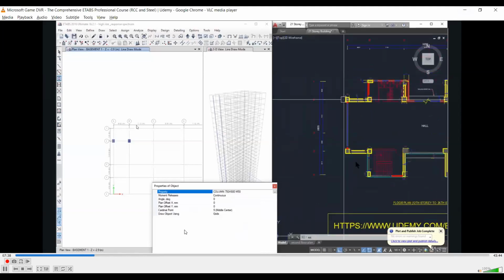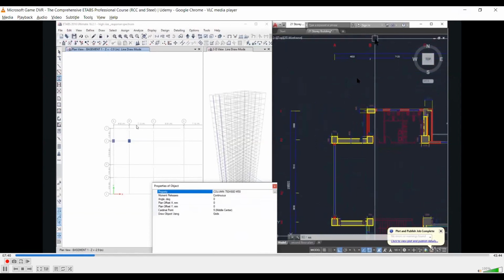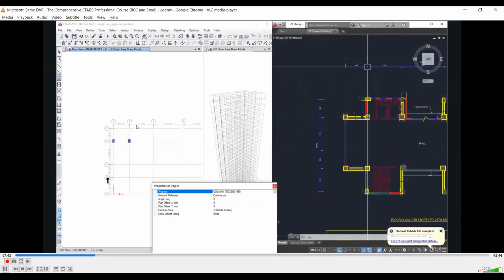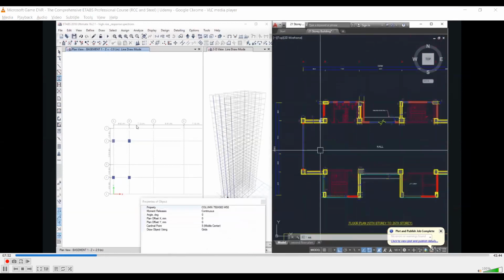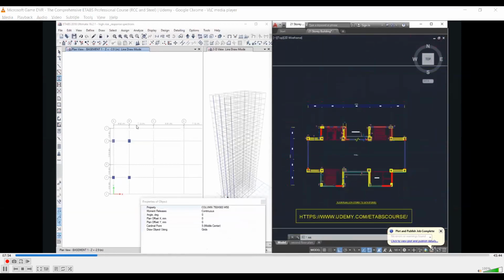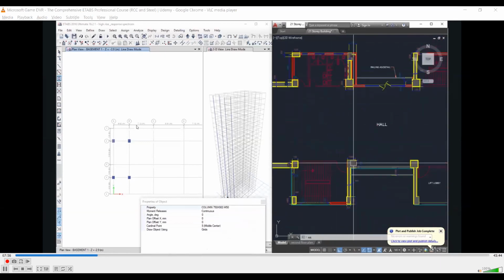This is 3A and this is 3B. So we left click on grid point 3A and then again left click on 3B. So 750 by 900 columns, all these 4 columns are now drawn from basement to terrace level.